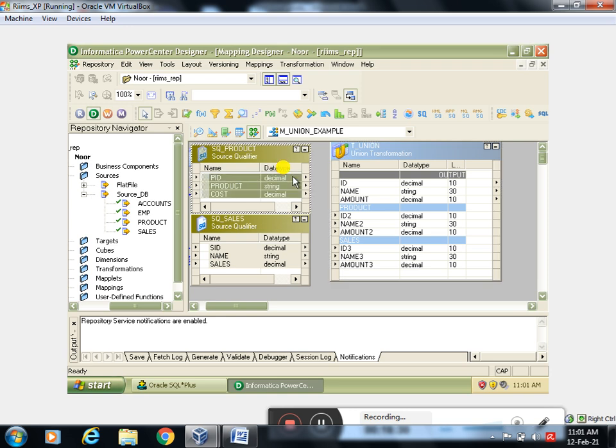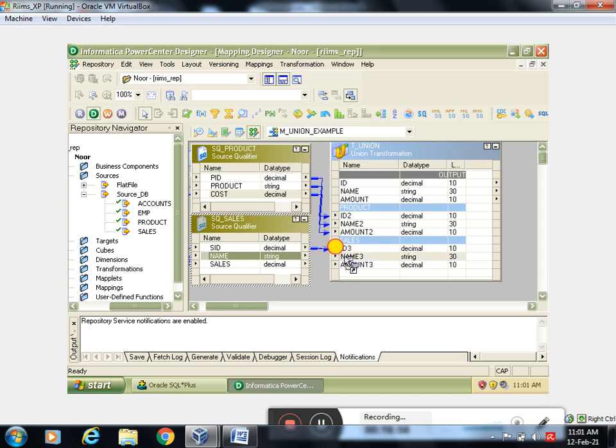So here I will connect my product ID to ID2 under the product group. Next, product name to name2 and cost to amount2. Similarly, I will select SID and connect to ID3 under the sales group, and name3, sales amount.